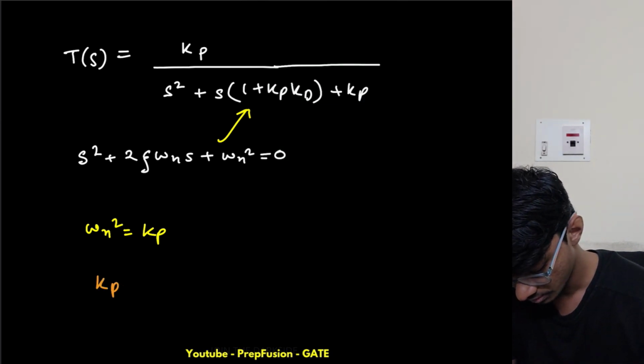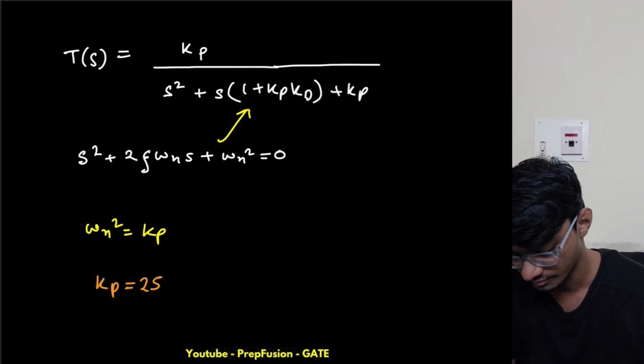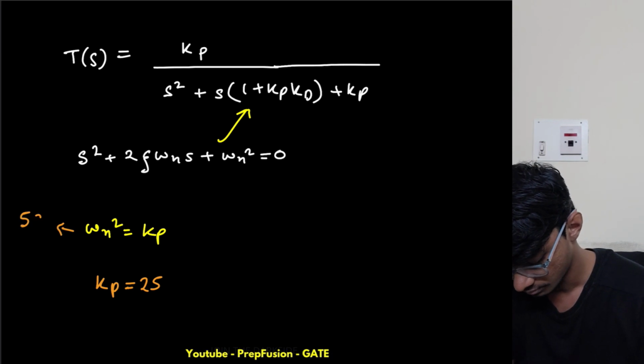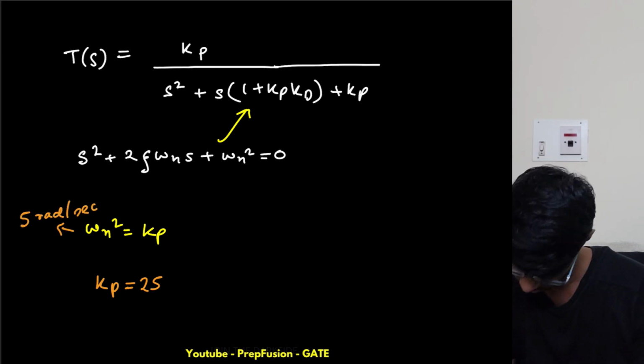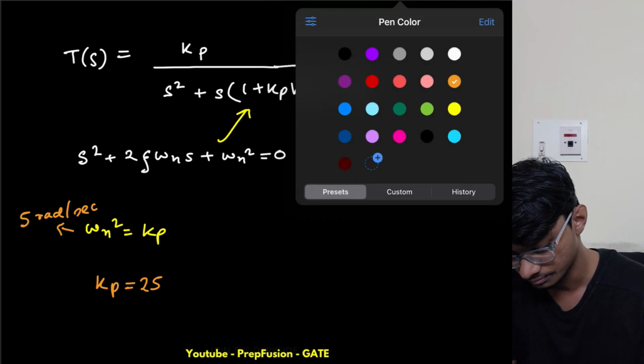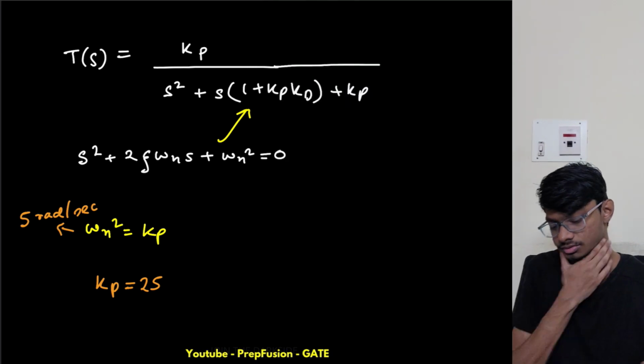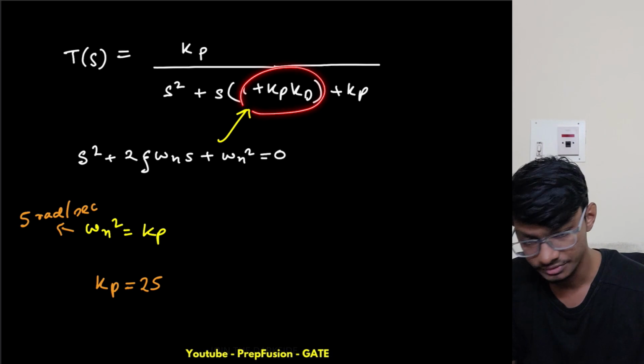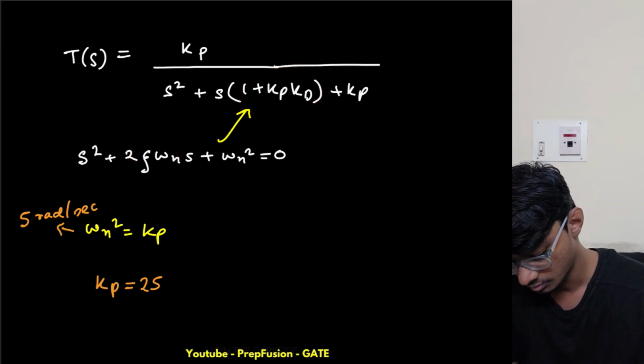So Kp will be basically 25, right, as omega n is 5 radian per second. Okay, now what is my Kd equal to? So I can compare this with 2 zeta omega n, right? So my 2 zeta omega n